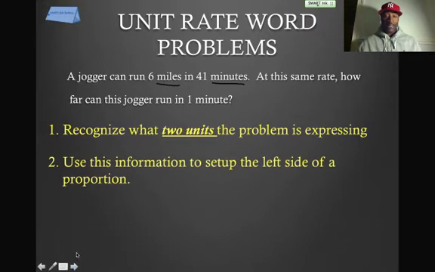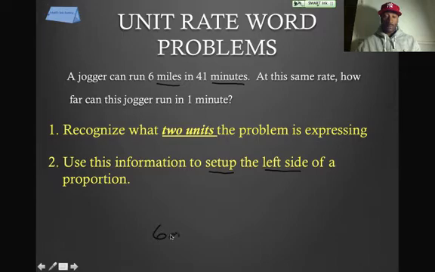The second thing I should do is use this information to set up the left side of a proportion. If you watched my proportion video, then you know that a proportion is just two ratios that are set equal to one another. So if it says a jogger can run 6 miles in 41 minutes, I'm going to come down here and say the jogger runs 6